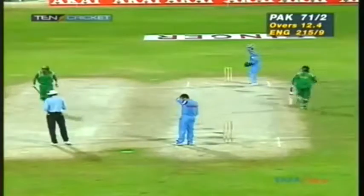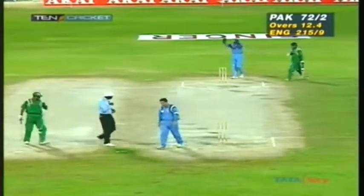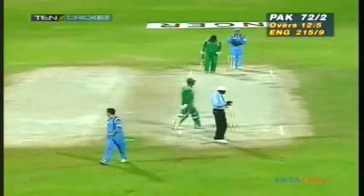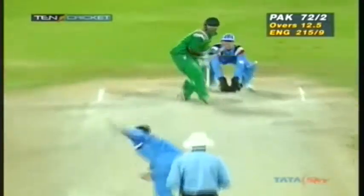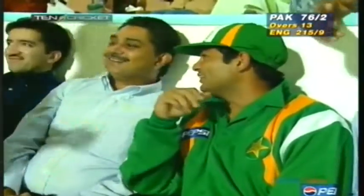This is proving to be a very expensive over for England. Swing there again from Mark Ealham, but overpitched. Trouble. I just feel you're gifted in runs. You must think all his Christmases have come over in the ball down there. 76 for